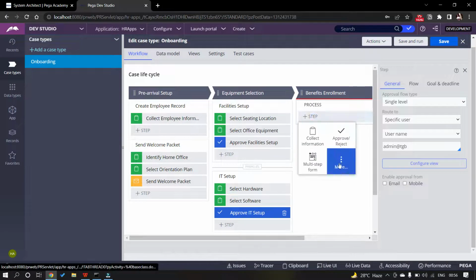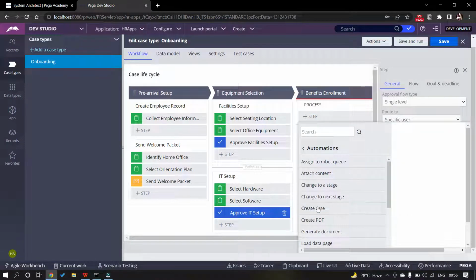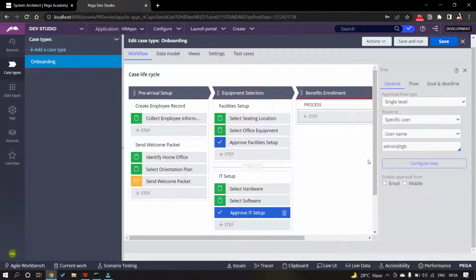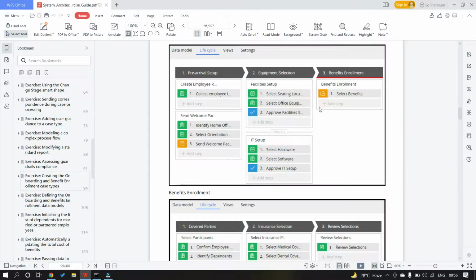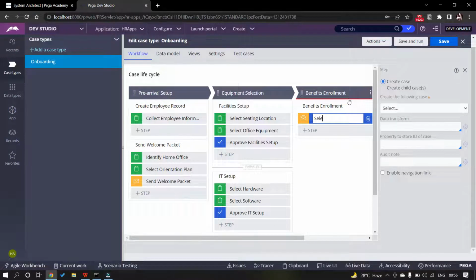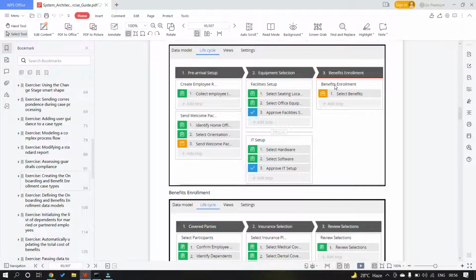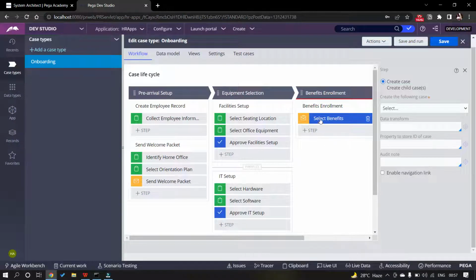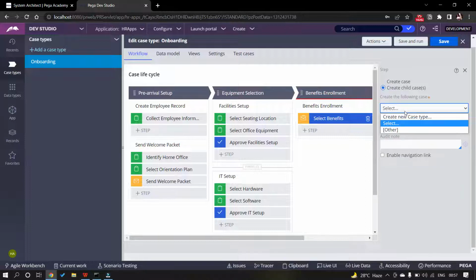Now we have create case automation step added here. Select benefits. So more automation, create case, select it. The name of the step is select benefits. Select benefits. The process name is benefits enrollment only. And then I have to select which particular case has to be created when the case reaches this benefits enrollment stage. So I have to create a child case, and since benefits enrollment has not been created yet, so I will select this create new case type,